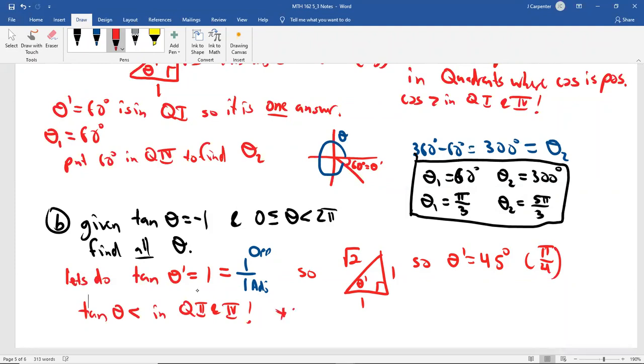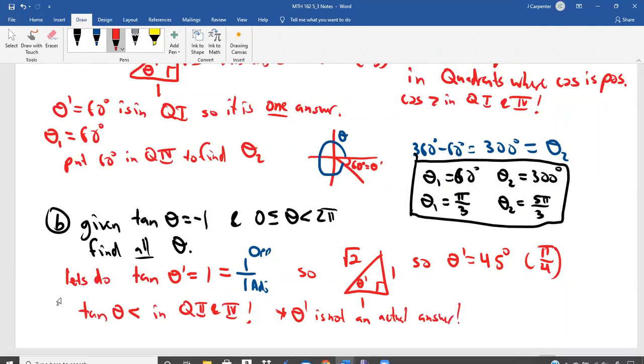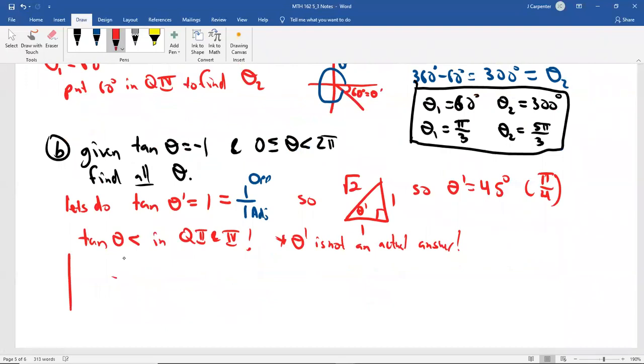So please note, theta prime is not an actual answer. So for the first one, let's put an angle in quadrant 2. Here's quadrant 2. Now the reference angle is the 45 degrees, which is right here from the x-axis. That's our theta prime,